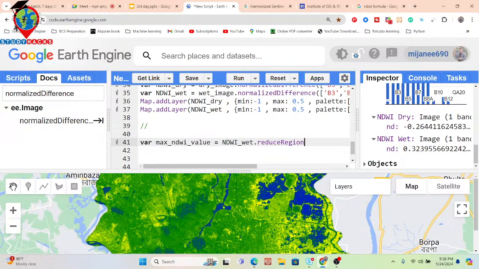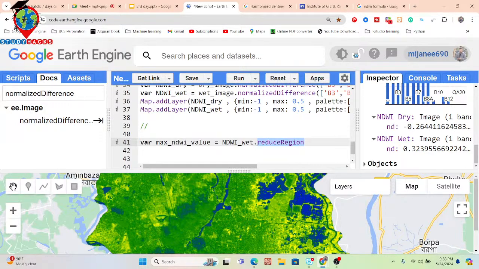Basically, when you need any kind of statistical calculation, such as standard deviation, we put here reduce region. The reduce region function is used when you have a specific boundary and want to calculate specific statistics from it, such as the minimum value, maximum value, average value, or standard deviation.